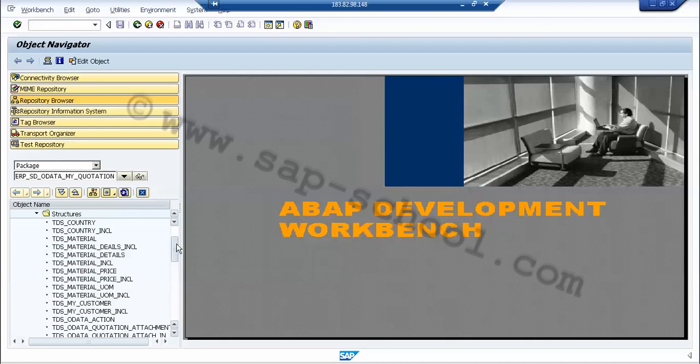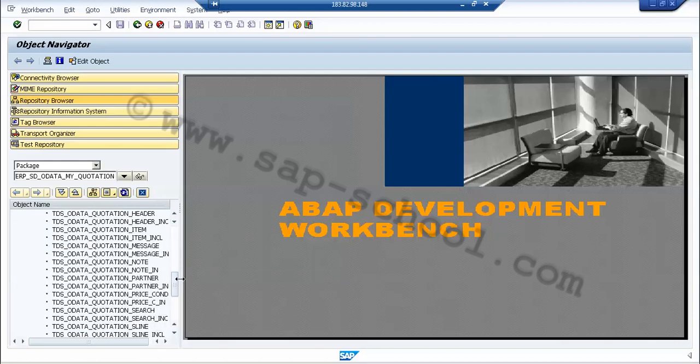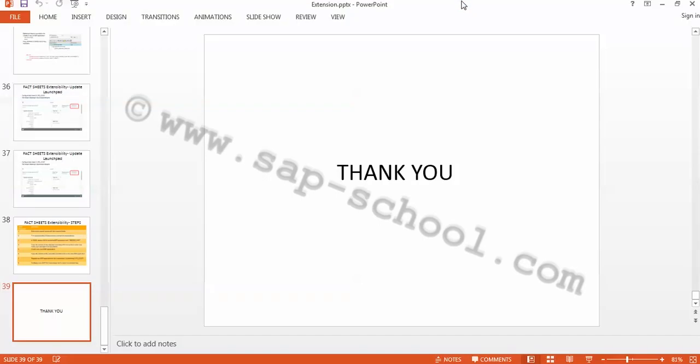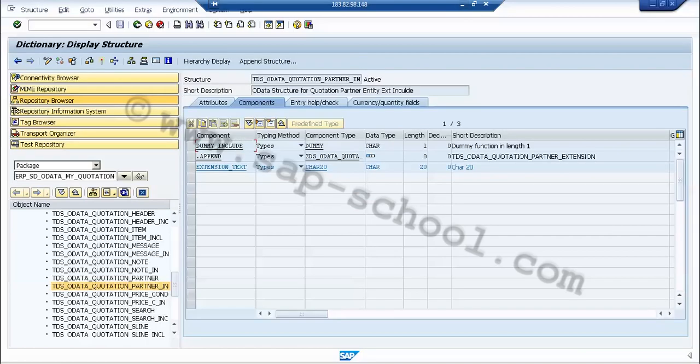So let's try to open it up again. That is my partner N. Okay, so now we are able to view the component list which is there for this structure.